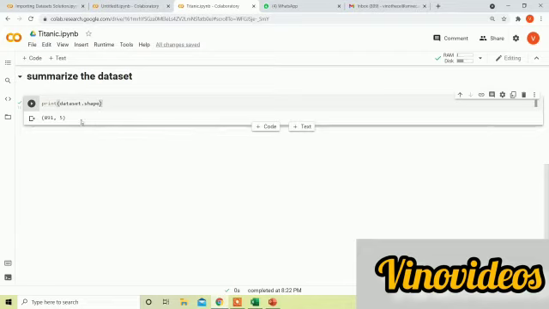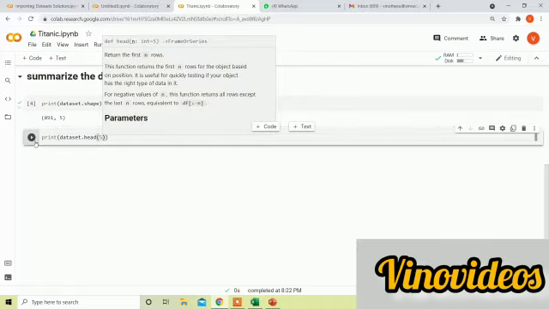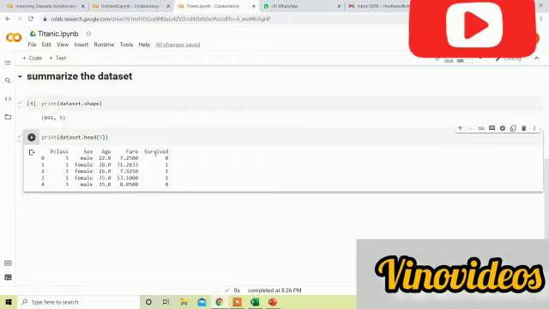Okay, next I am going to show the top 5 contents in that particular data set. For that they give the code as print dataset.head. If you need the top 5 you have to give 5, or if you need the top 7 or top 10, whatever it may be, just give the number here. So it shows the Pclass, that is the passenger class, the sex of the passenger, age, fare and survived. Whatever information is contained in that data set, it directly shows here.